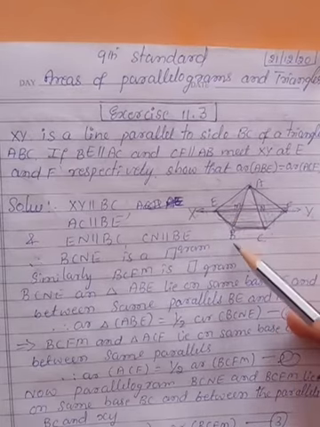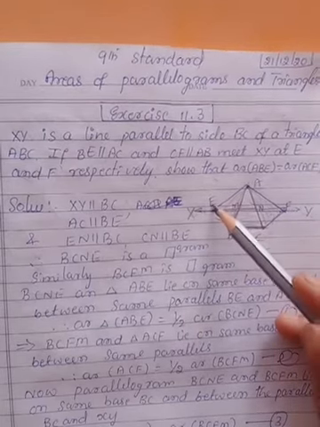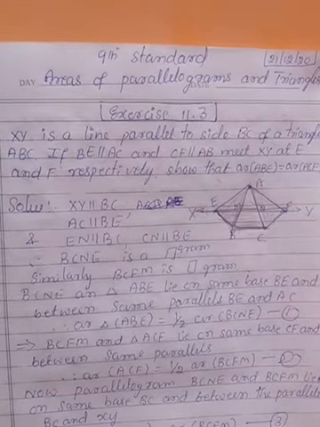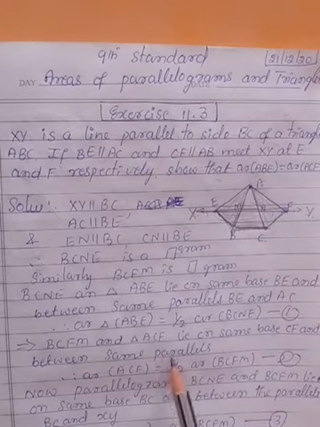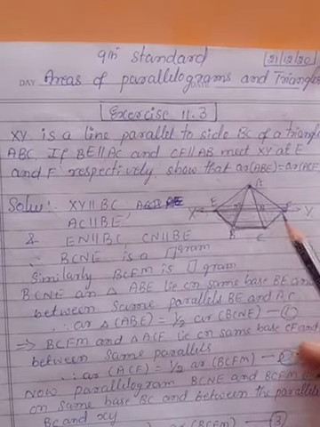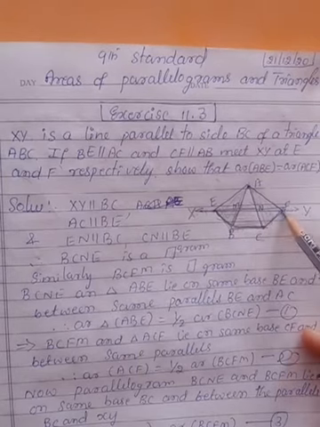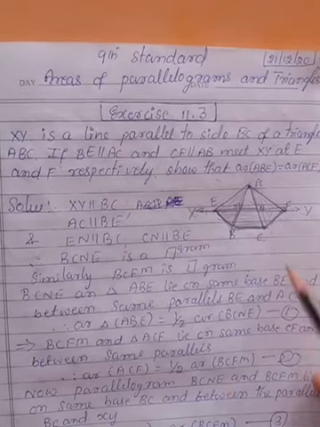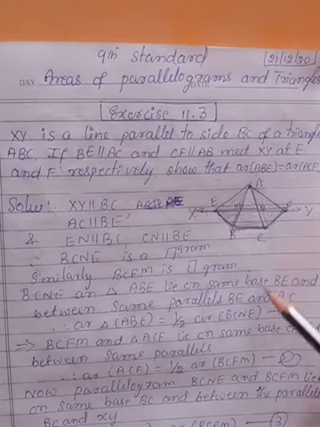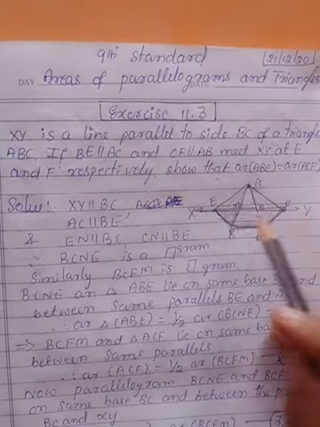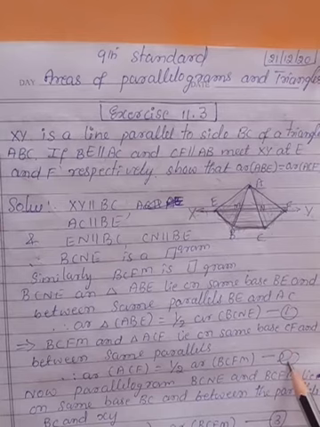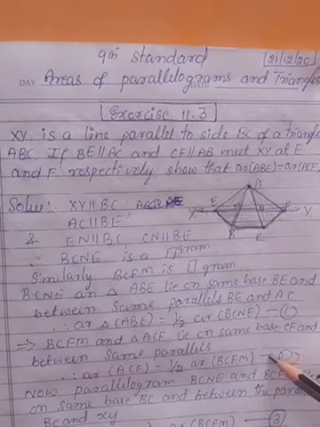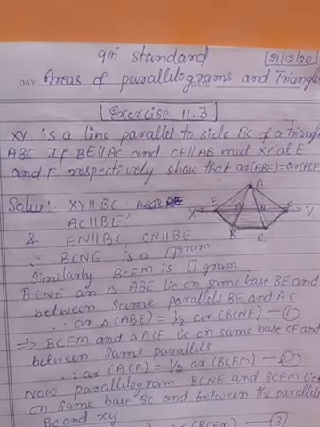Okay, we will take it as area of ABE. ABE will be half of BCNE, having the same base BE. Okay. Now, again, BCFM and ACF are on the same base CF, and between the same parallels. That's why you can write that area of ACF will be equal to half of BCFM. Call them 1 and 2. But already we have proven parallelograms are equal in area. When the RHS becomes the same, the LHS is also the same.